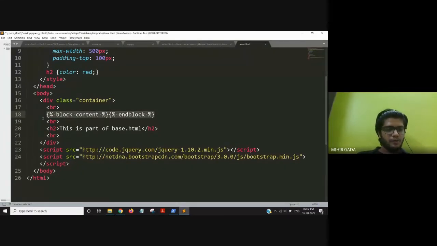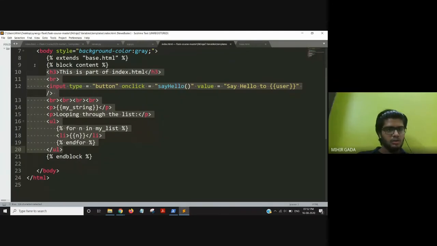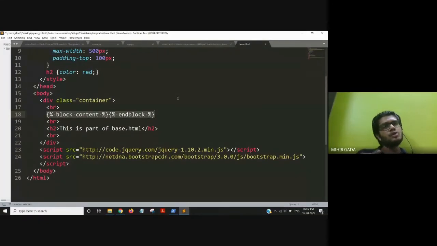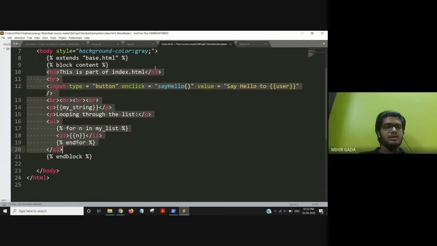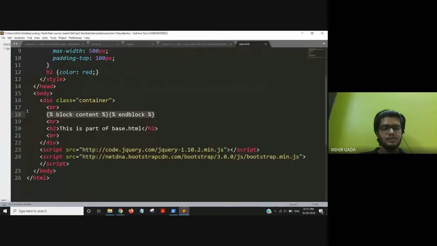So these are my 10 lines of code, but instead of these 10 lines, this one line maintains all those complete 10 lines. So basically I am reducing my HTML files. Now if I create one more HTML file and add block content, start with block content and end block, even if that file is 200 or 300 lines, all those lines will get managed with this one line of code. For headers and footers, this is very important and you should practice that.